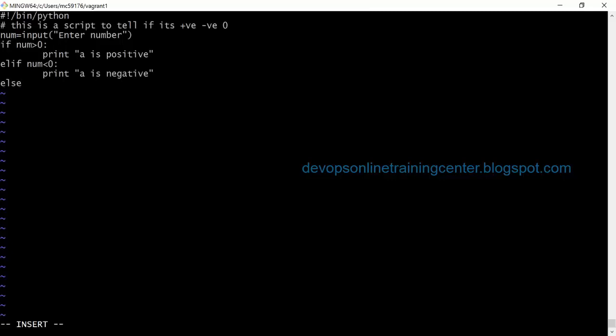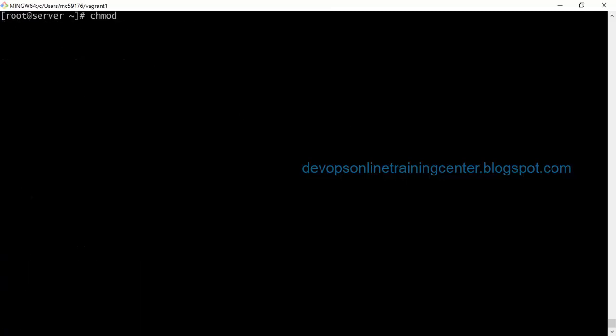Then I can give else. Else print A is 0. Right? So always a tab is maintained because of indentation. If you want to write another statement inside the same block, I need to follow the indentation. Right? If I don't, it will give an error. So if I follow tab, I need to follow the tab across the program.